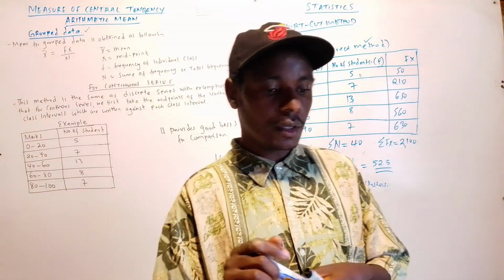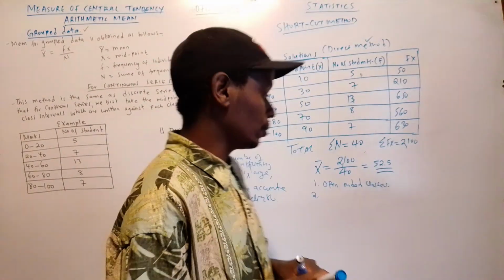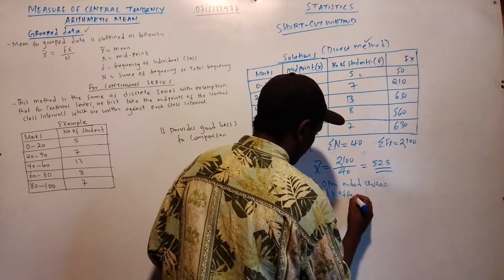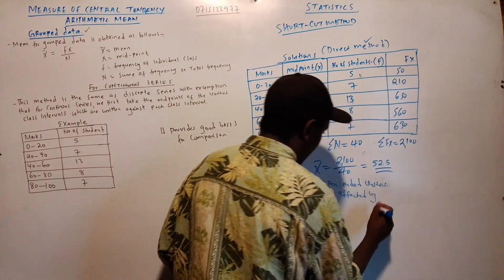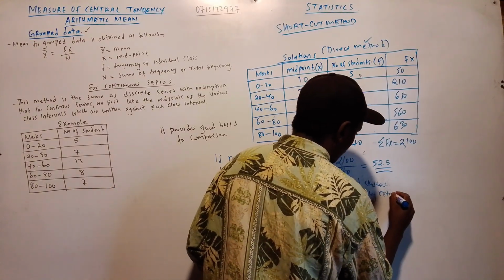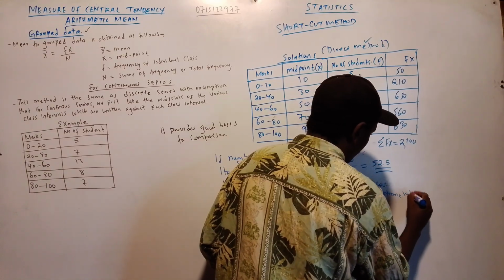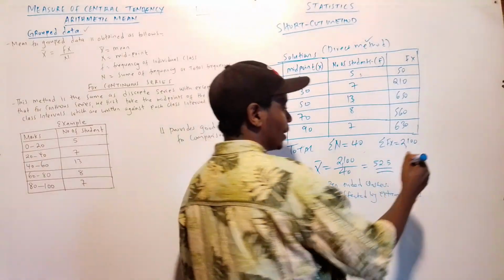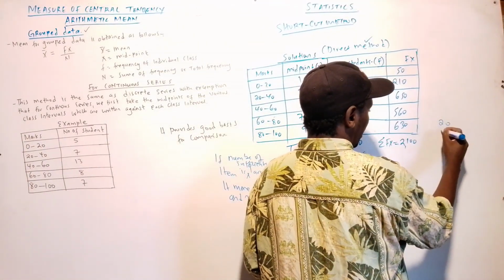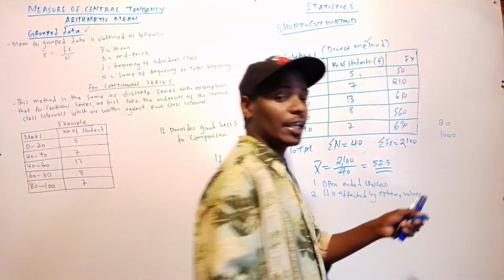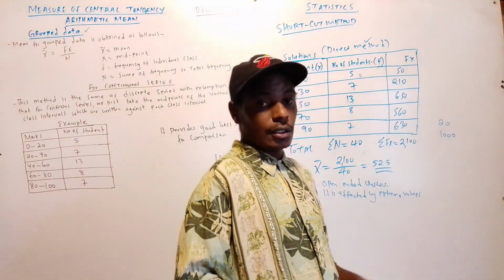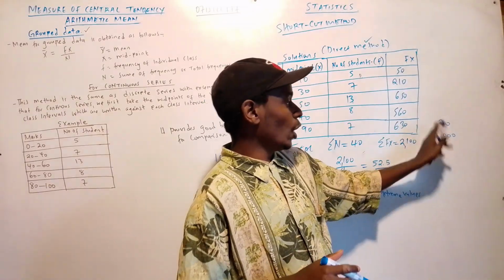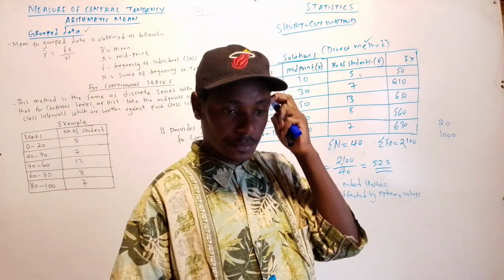Number two, it is affected by extreme values. For example, you have one number that is 20, another number that is 1000. When we get the average of these two numbers, it can give an incorrect average. So when you have extreme values inside,